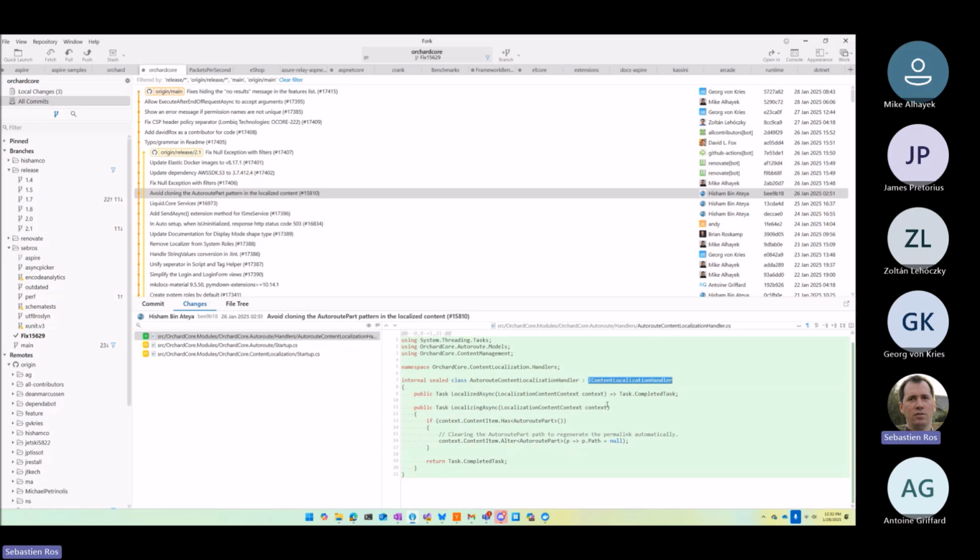Content localization handler, which must run when we localize a content item, like clone it for a new thing. We say localizing, and it says if the content localized has an AutoroutePart, new, I see. So by setting it to null, I like this comment because we understand what's the goal of this thing. By setting it to null,